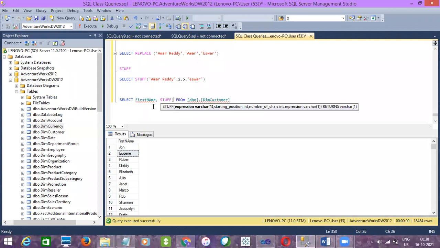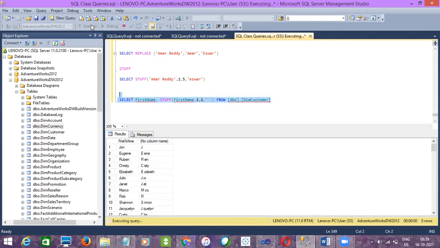The first argument is the column name, which is first name, and then the second argument is from which position you want to replace it, second character onwards. Next, how many characters? Two characters I want to replace, with what value? With, let's say, Amar, whatever it is, or maybe I can also insert a blank value like this.